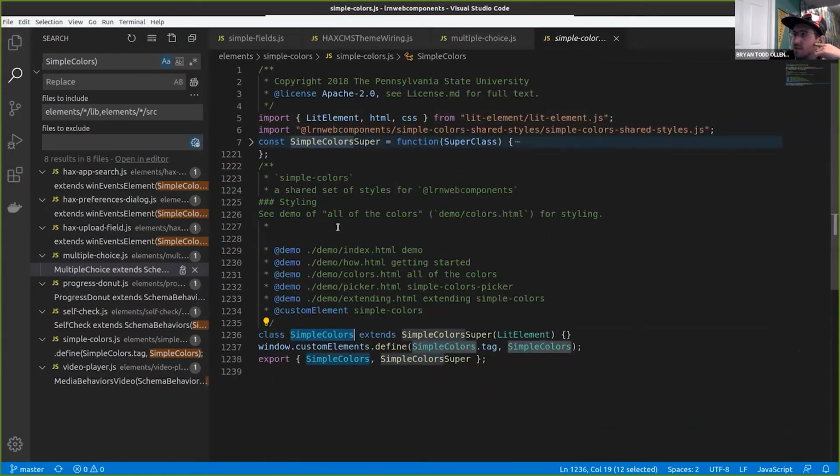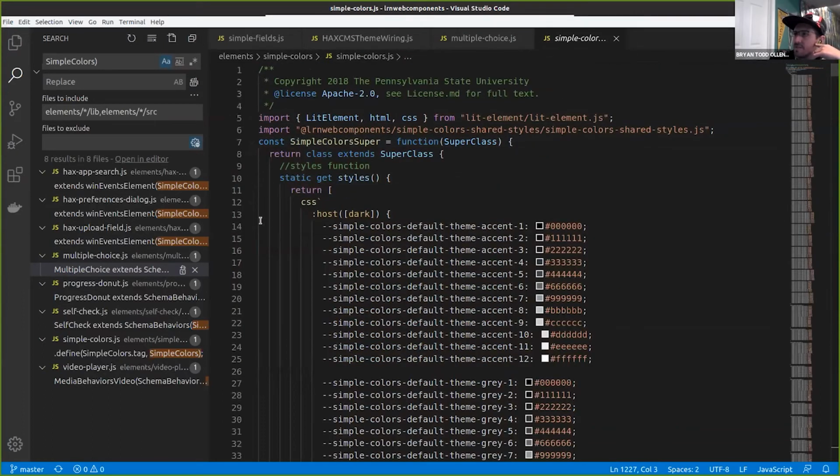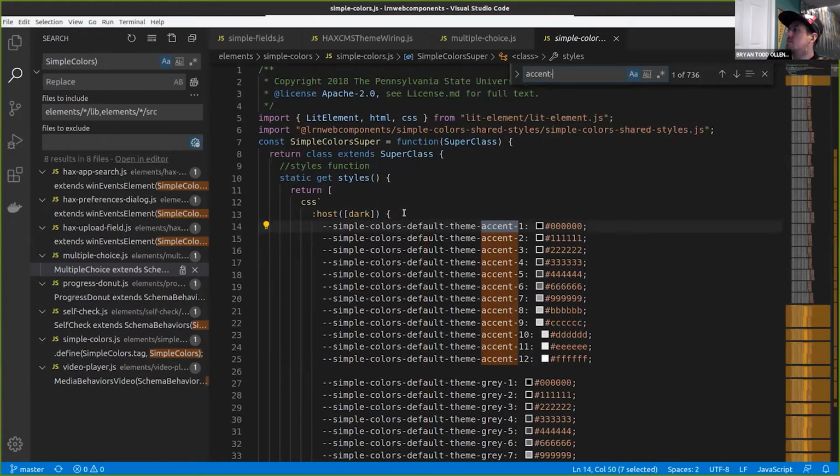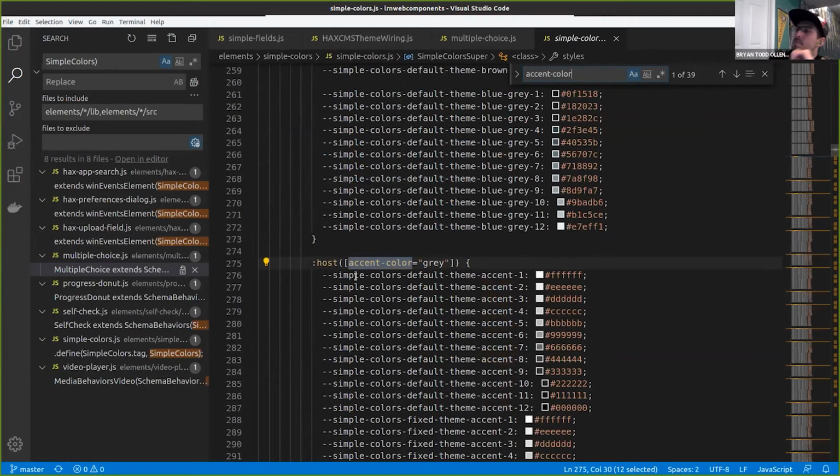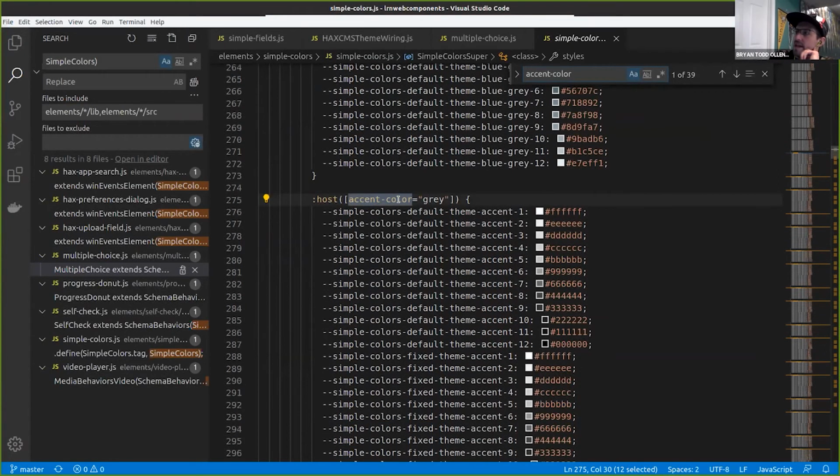CSS variables set locally, and it's not just for CSS variables because those could cascade, it's more so these. So she has a series of attribute-based selectors so that we can just say, hey, this element should be dark and its accent color should be purple, for example. I think accent color is in here. Yeah, there we go. So that if you said, hey, the accent color of this element is gray, an interesting paradigm that we can apply to individual elements